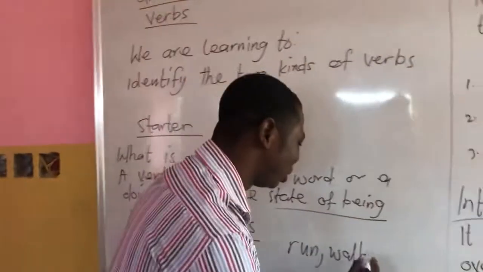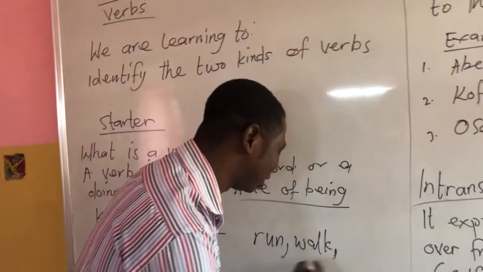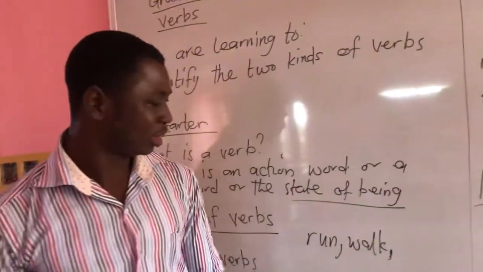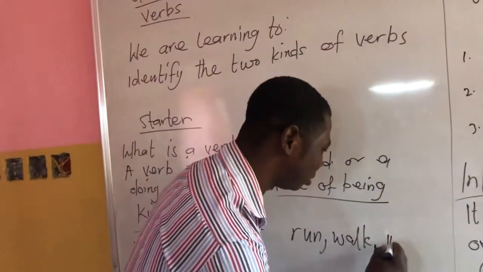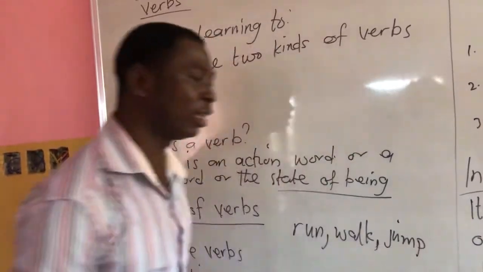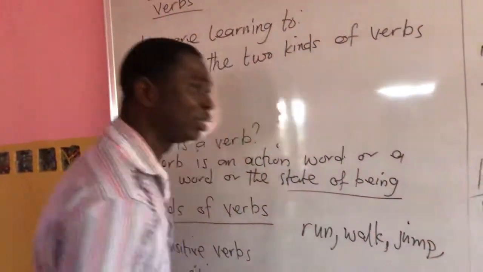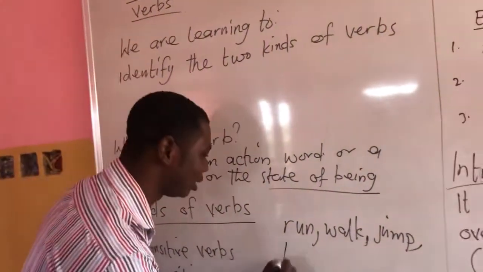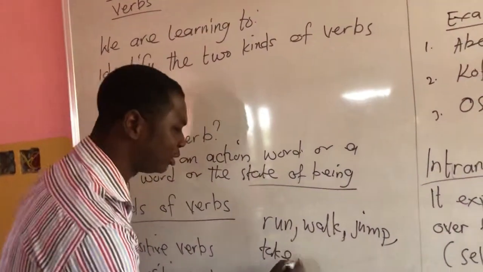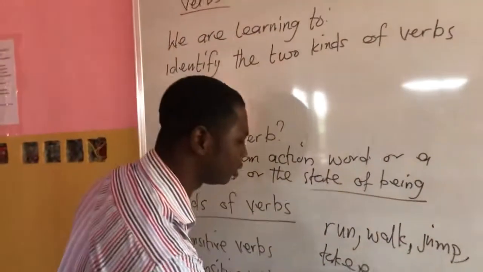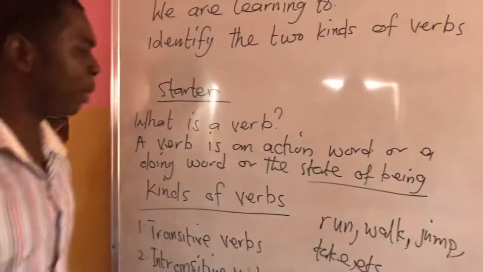Mention more examples for me. Jump. Okay. Another one. Take. All these, you can do, and they are also action words. But when you say state of